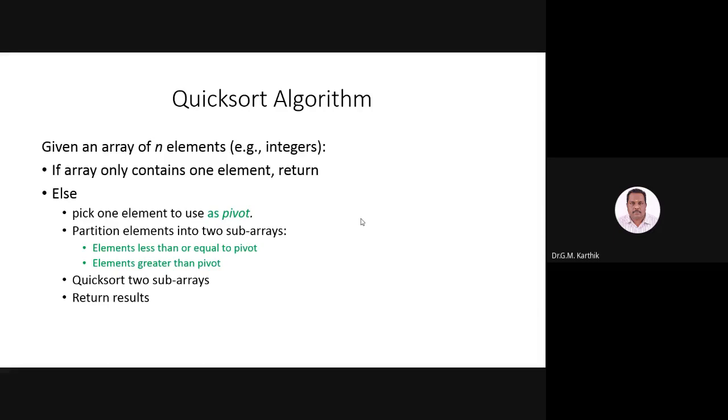So here in the set of elements, you will choose one element as a pivot element. The pivot element is purely our own desirable element. It can be in the first position, or in the middle position, or in the last position. What you do with the pivot element is you will divide the remaining elements into two subarrays. One subarray will be less than or equal to the pivot element. The second subarray will be greater than the pivot element. You will do this recursively with each and every subarray based on the pivot element. So the subarrays will be created only based on the pivot element, and the sorting will be carried out.